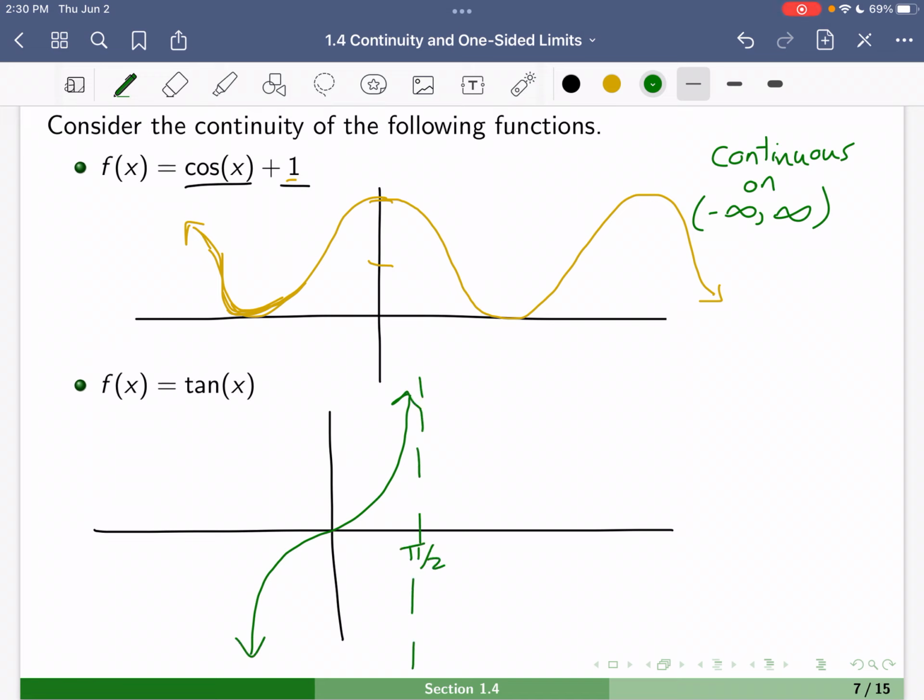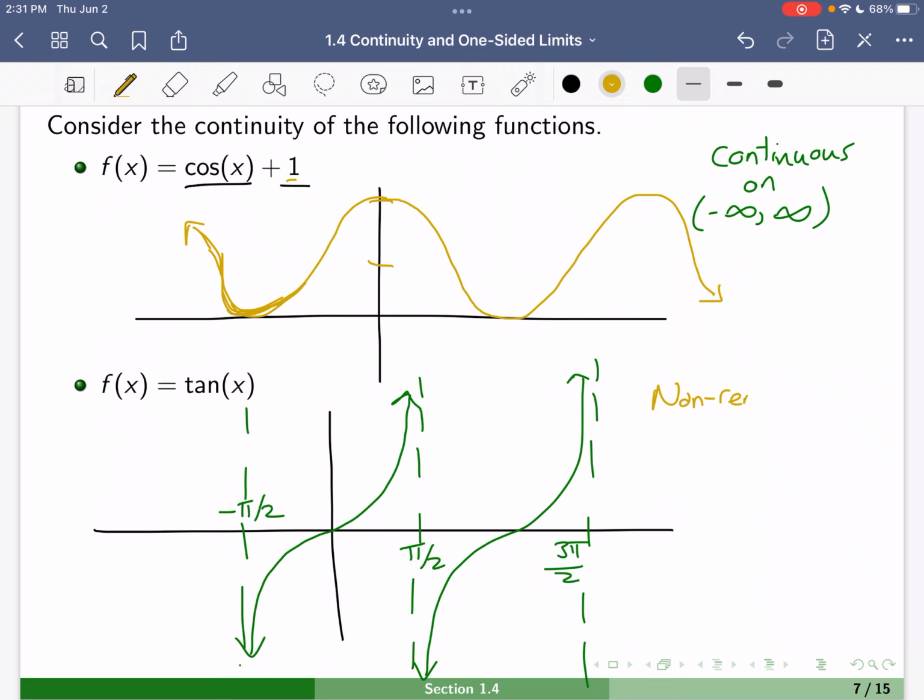There's a vertical asymptote at pi over 2 and negative pi over 2. But wait, that's not it. We also have a vertical asymptote at 3 pi over 2 and 5 pi over 2. There is going to be a non-removable discontinuity